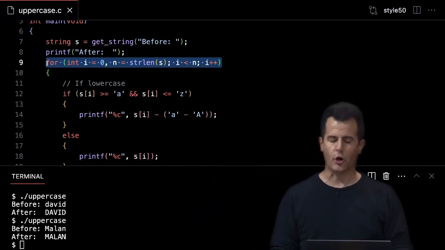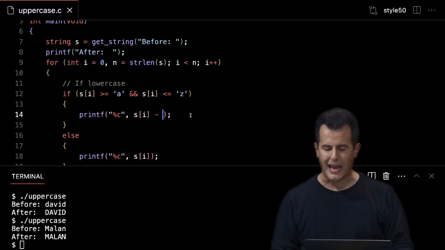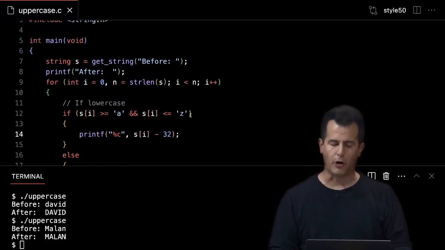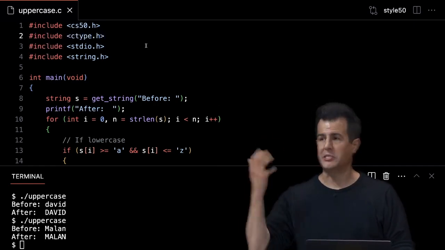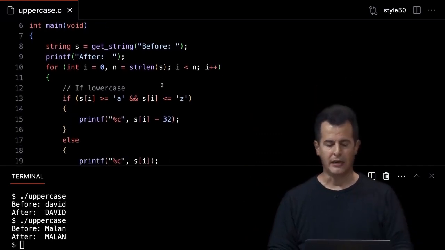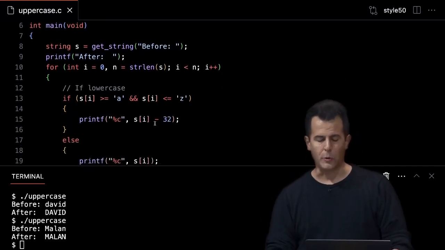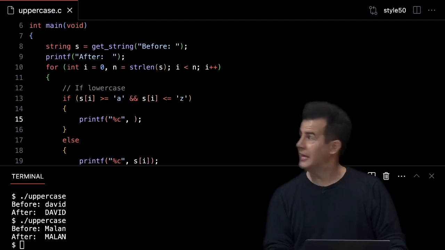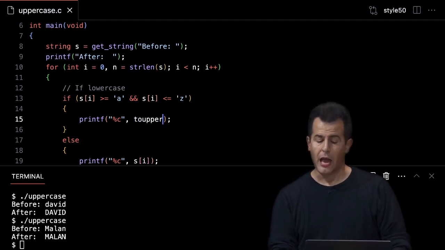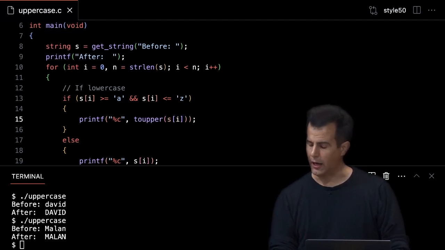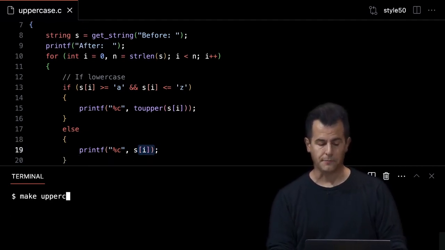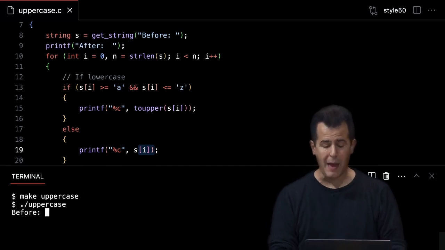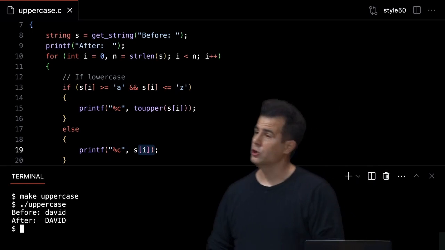Instead of kind of rolling this solution ourselves and subtracting 32 or doing any arithmetic, let's use that ctype library. Let me go back up to my header files. Let's additionally include ctype.h. Let's pretend like I read the documentation in advance, which I did, in fact. And let's, instead of doing any math here, use a function that exists in that library called toupper and pass to it whatever the current character is in s at location i. Otherwise, I still print out the unchanged character. And let me go ahead and do make uppercase, ./uppercase. And now, without any math, no subtracting 32, that too also works.